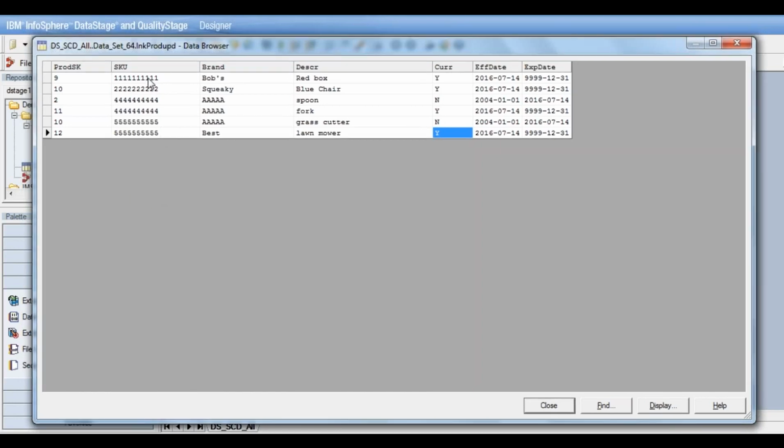So basically here we have all the records which need to be updated in the target dimension table and all the records which need to be inserted in the dimension table in the same output data set. So it has done all the calculations here just by specifying the purpose codes for those attributes, set the indicators, all the mappings have been done and distinct surrogate keys have been generated.